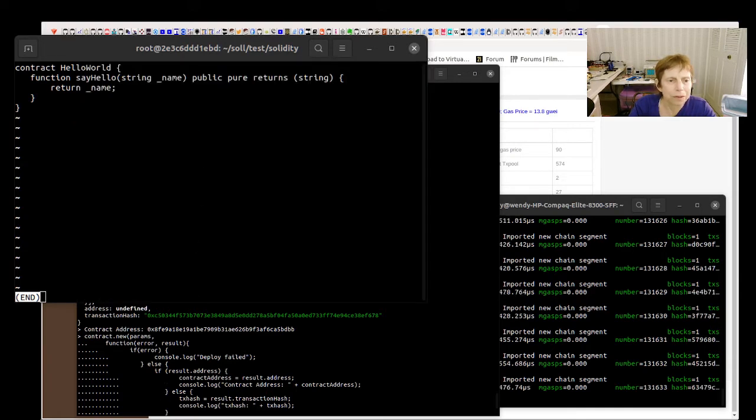Real simple. It's just like contract hello world. Got one method that says say hello world and public pure, because it's just returning what you put in. It's not getting any of the data. It's not changing any of the state of the contract. There is no data in this contract, and that's why they can be called pure. And you just return the name, and that's it. So we were able to get this to